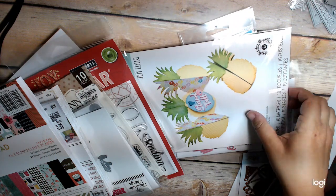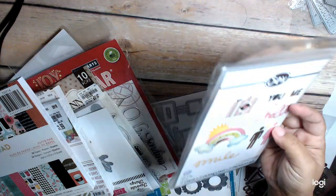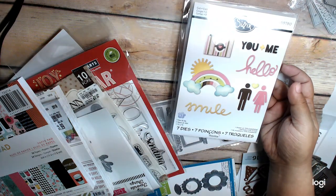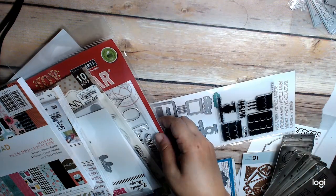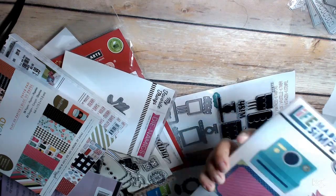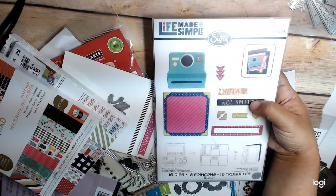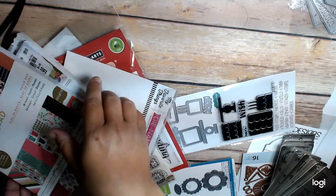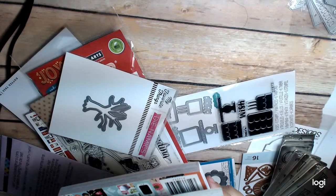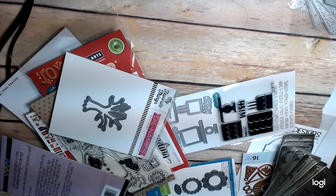You also get some dies. This one is a super good bargain. You get these dies by Sizzix. You get this Jen Long Pineapple Fold-Along die. You get this Sizzix die, paper. You get the Girl Squad, Holiday Hustle, Merriment,